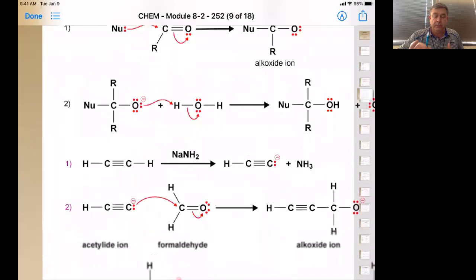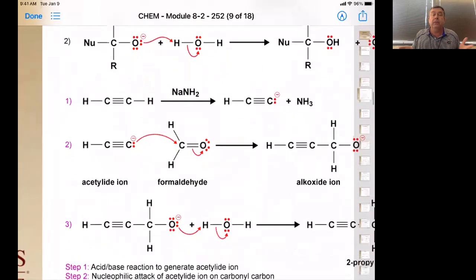So how do we get the primary alcohol? Well, you have to attack a carbonyl that has 2 hydrogens on it. And the carbonyl we have with 2 hydrogens on it is formaldehyde. So we have our formation of our acetylide ion. It acts as our nucleophile, kicks it out to our tetrahedral intermediate, and then upon acidification, it turns it into